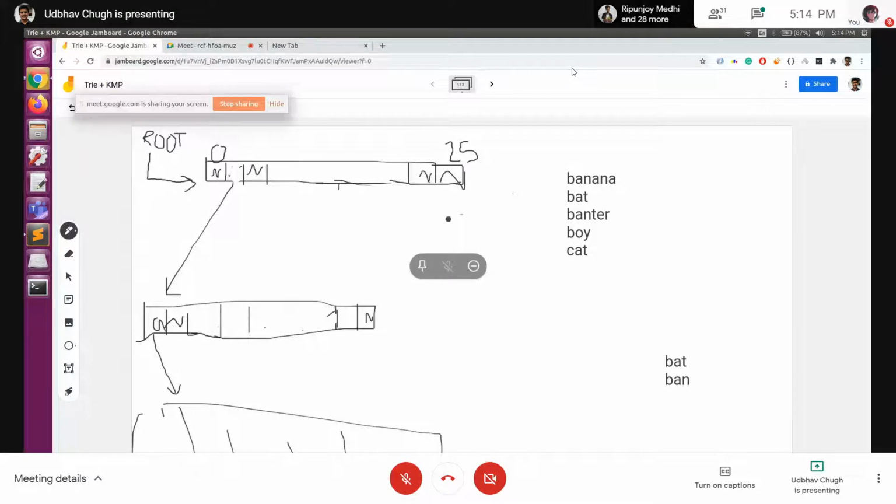Similarly, if we have to insert bat, see, when we inserted banana, B is already pointing to this particular array, A is already pointing to this particular array, then somewhere at position N there would be another array. So this is already established. Now when we insert bat, we know that B is already initialized to this particular array, so we don't need to reinitialize or change it.